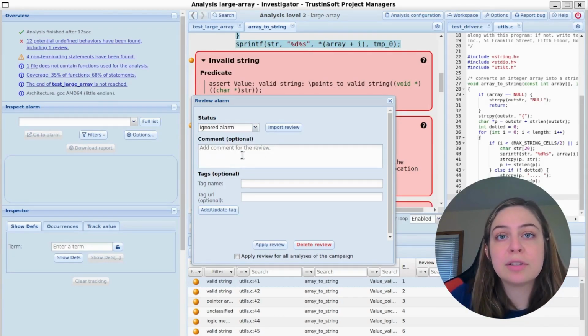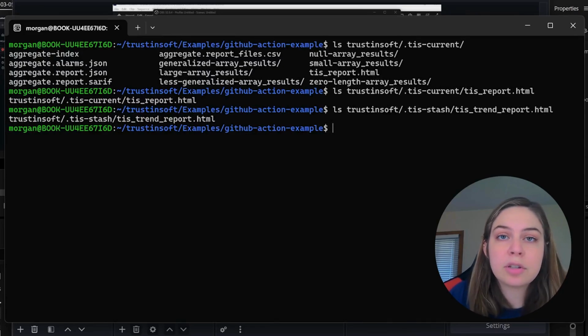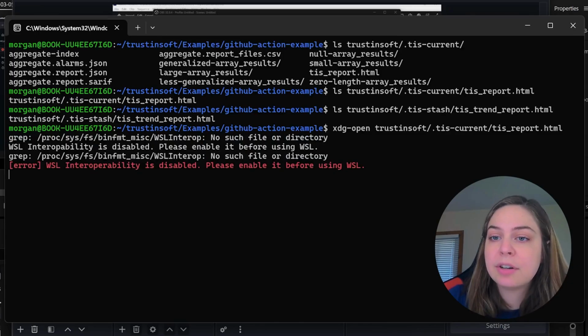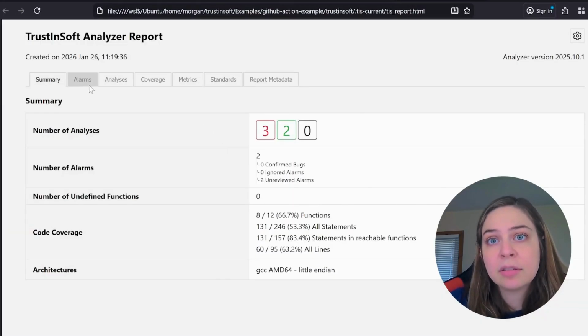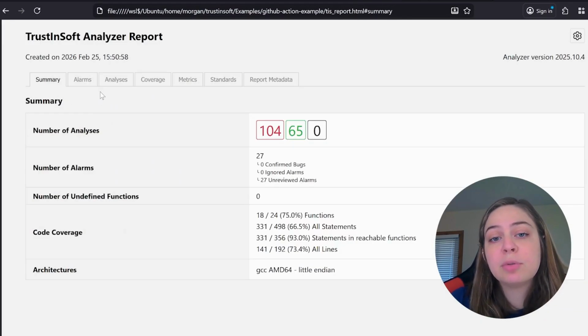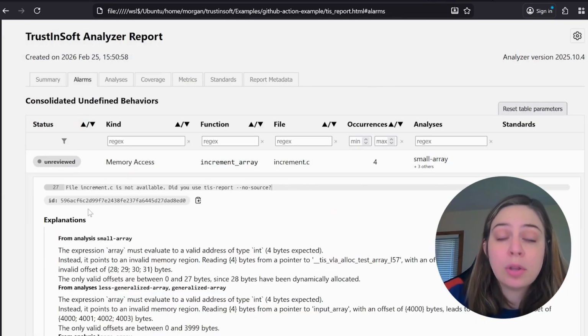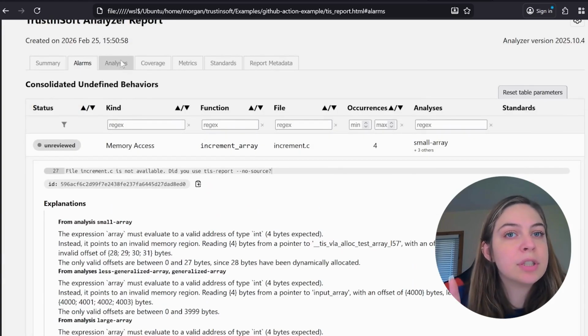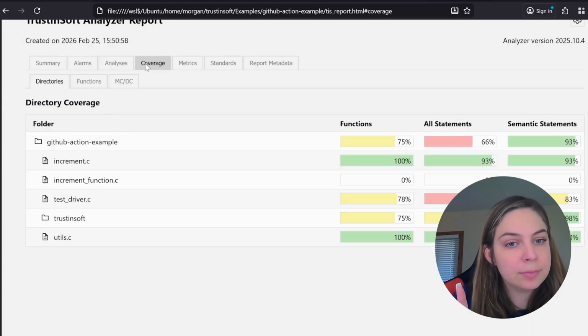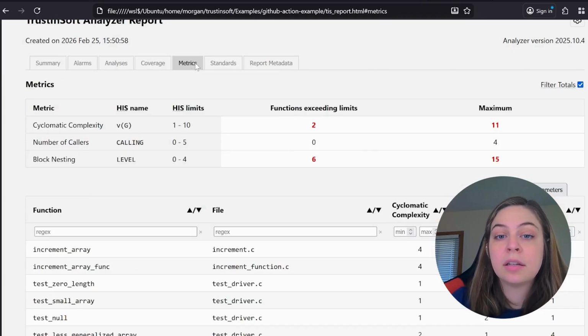TrustInSoft also generates 2 reports that, if you wish, can be published with GitHub pages. The first is the execution report. This is found in the directory TrustInSoft, tis_current, tis_report.html. And this shows the information that you would be able to see within the GUI for your project. It'll show alarms, and don't worry, there's an option to not show source code, analyses, coverage,